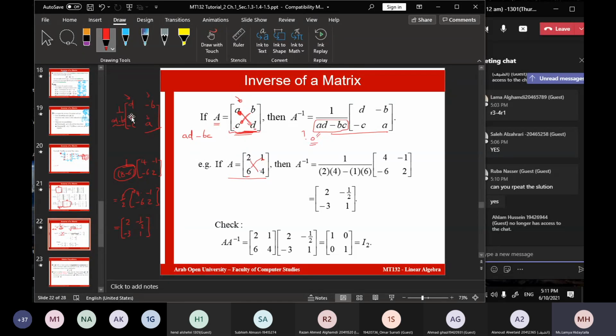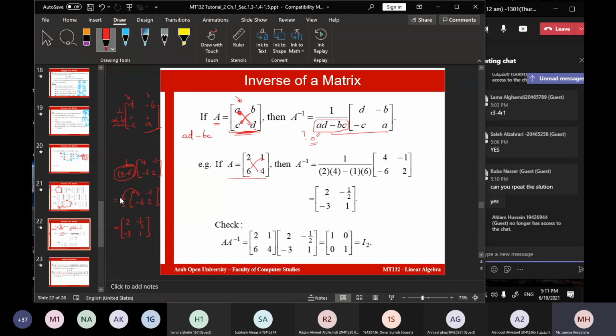Times 1 over AD minus BC. So this times that, this is 8 minus this times that. We get 8 minus 6, which is 2. So half times the matrix. And now you can multiply like that or leave it like this. If you multiply, we knew that